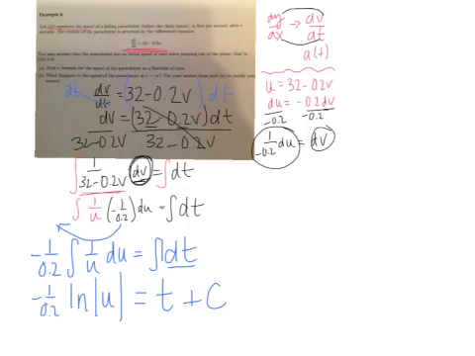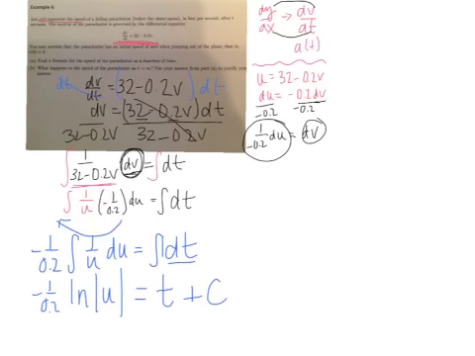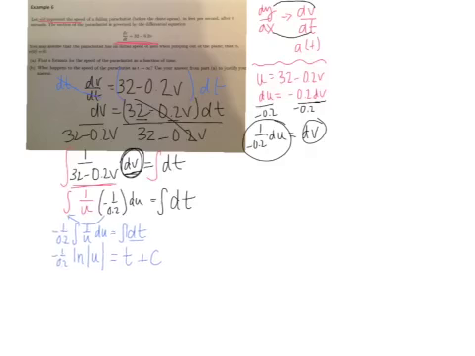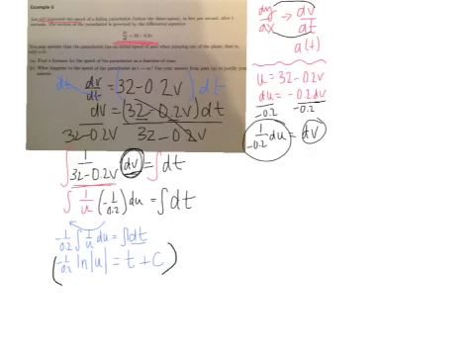So from there, I'm going to do a little multiplication. Let's see if I can scoot that over a little bit. So let's take this and multiply by negative 0.2. So we know that v equals e to the negative 0.2t plus c minus 32, all divided by negative 0.2, and that, as they told us in the very beginning of the problem, which you can't read very well now, but